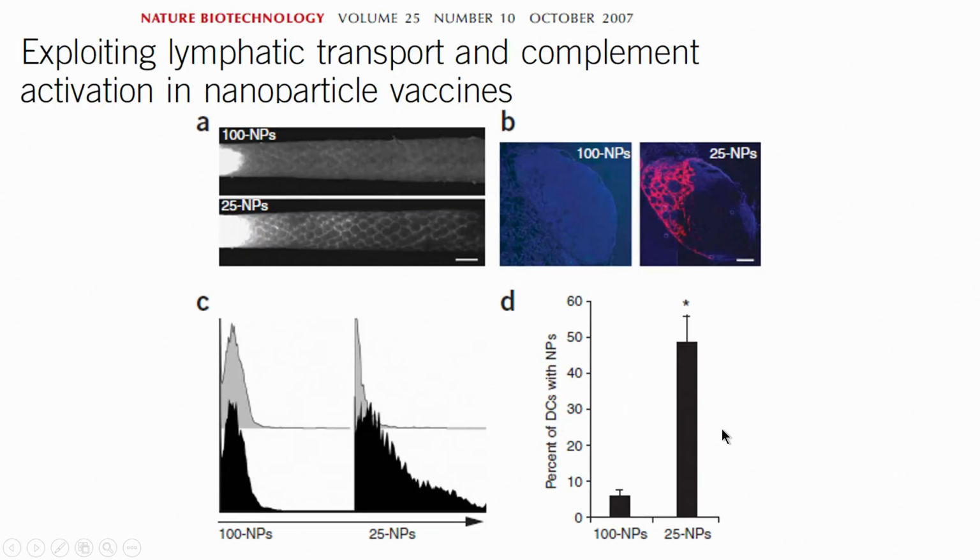So, here is another type of vaccine. In this case they are utilizing the lymphatic transport, and they are also using complement activation as one of the innate pathways to trigger the immunity. And so, these are nanoparticle vaccines. What these authors have done is they have made two sizes of particle. One is the 100 nanometer particle and another is the 25 nanometer particle, and then what they are showing here